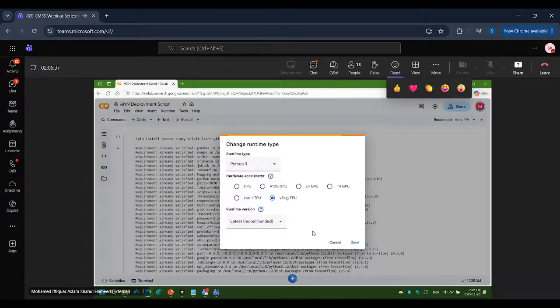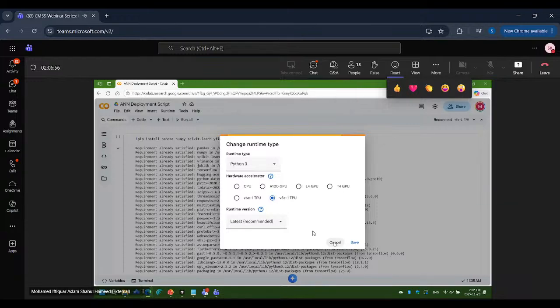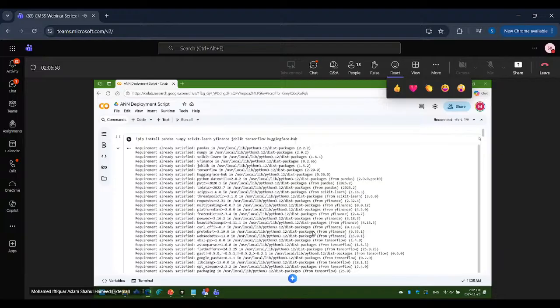The TPU is paid. You can pay $13 for 90 days, or monthly pay as you go, or there's a subscription. Then you can train models with huge data.